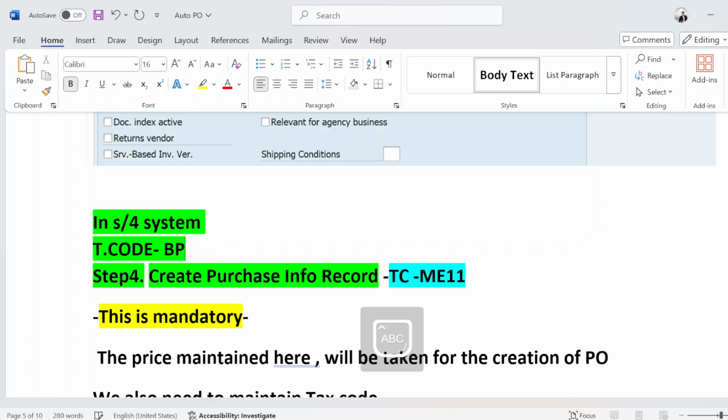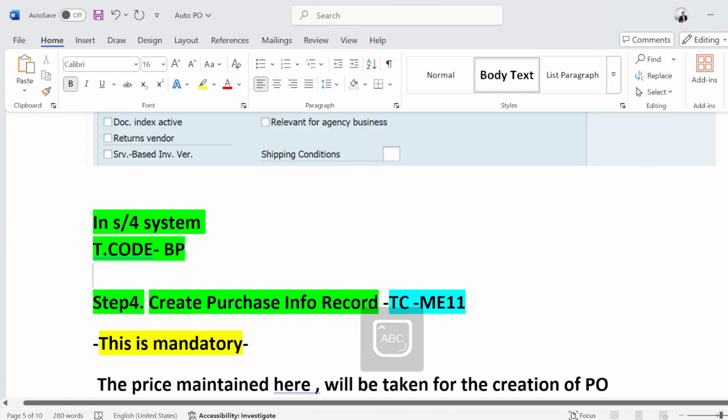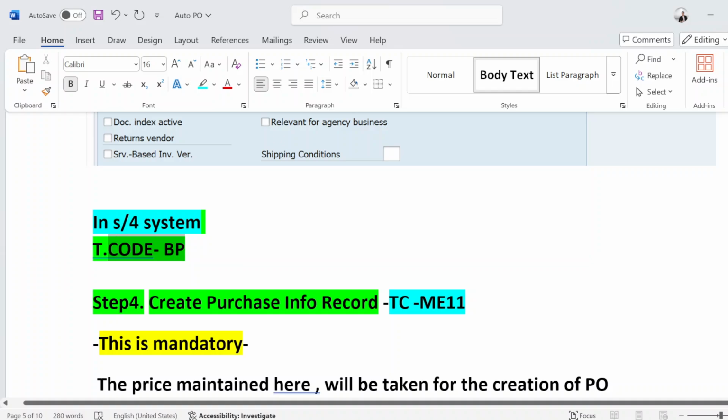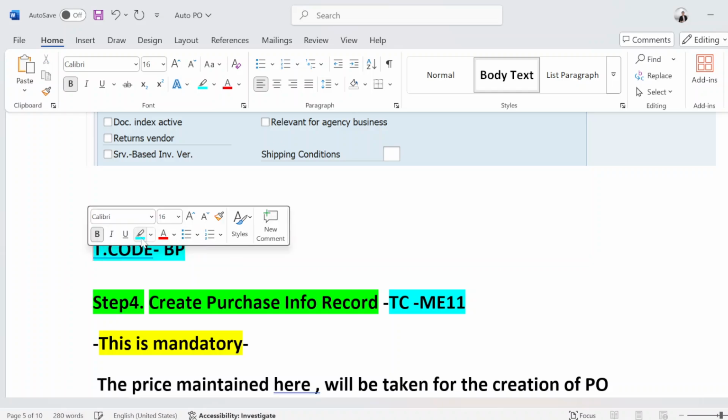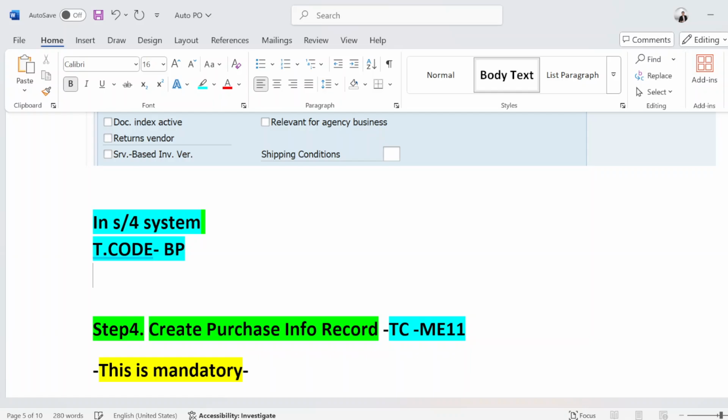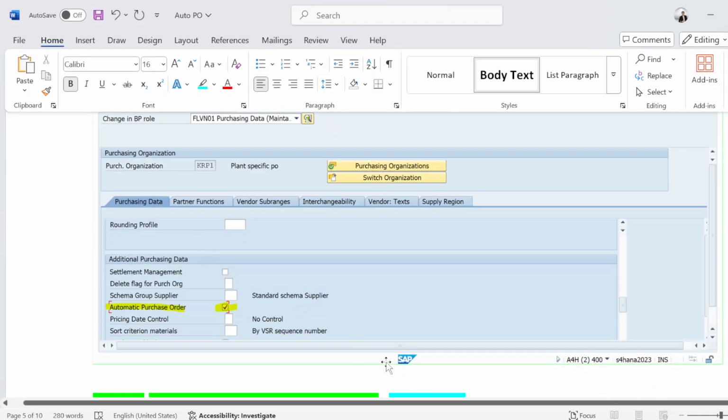So we will do the same thing, whatever we have done here.